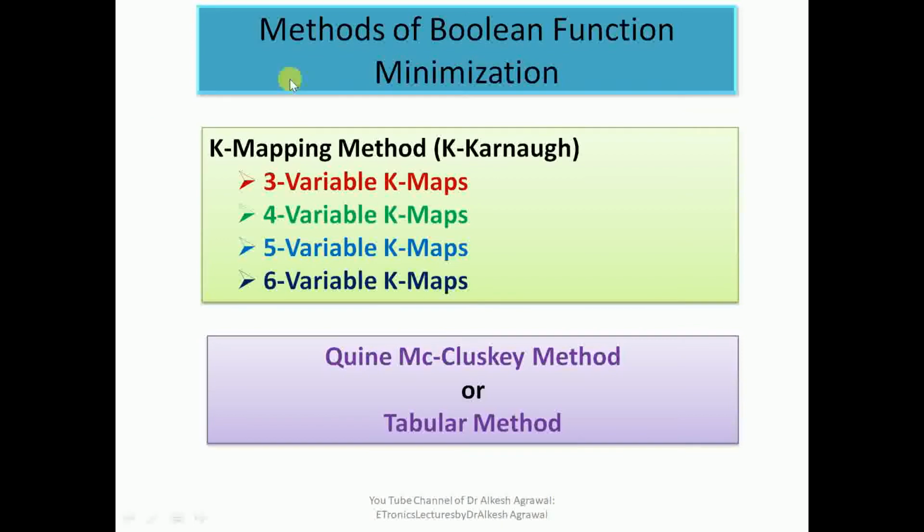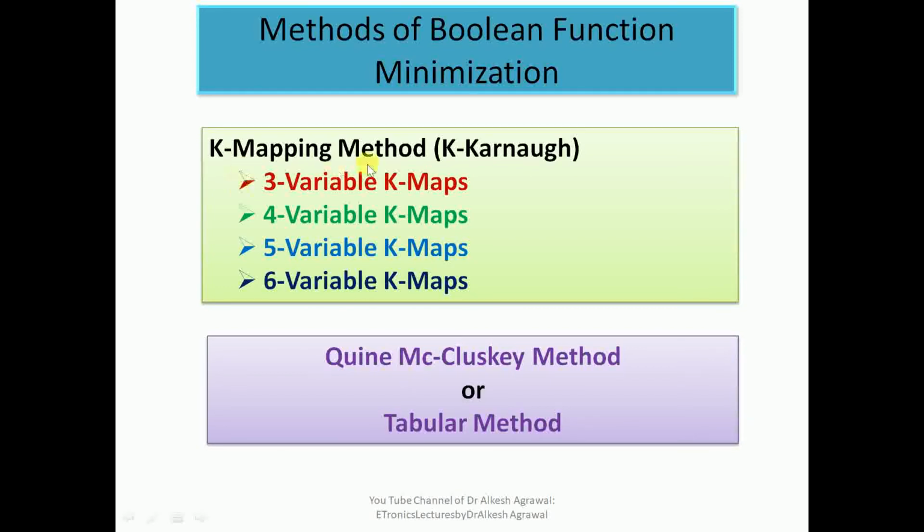So, generally, there are many methods by which we can minimize a Boolean function. By the word minimization, we mean that we can write a Boolean function with a minimum number of variables or literals. The advantage of minimization is that we reduce the hardware circuitry, so that a Boolean function can be realized with the minimum amount of hardware to generate the desired outputs.